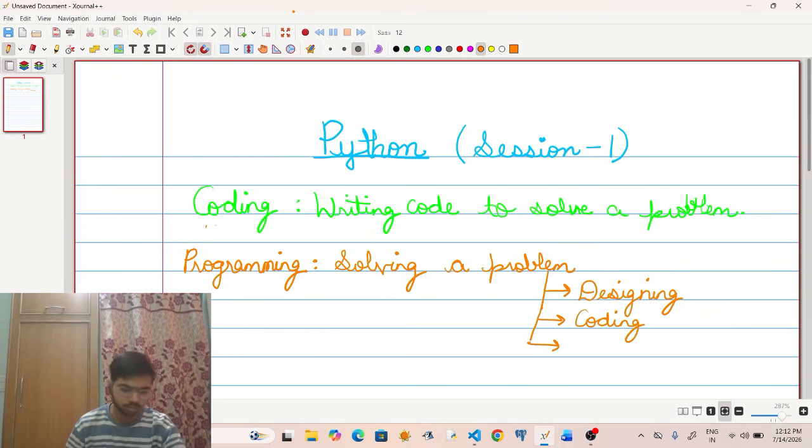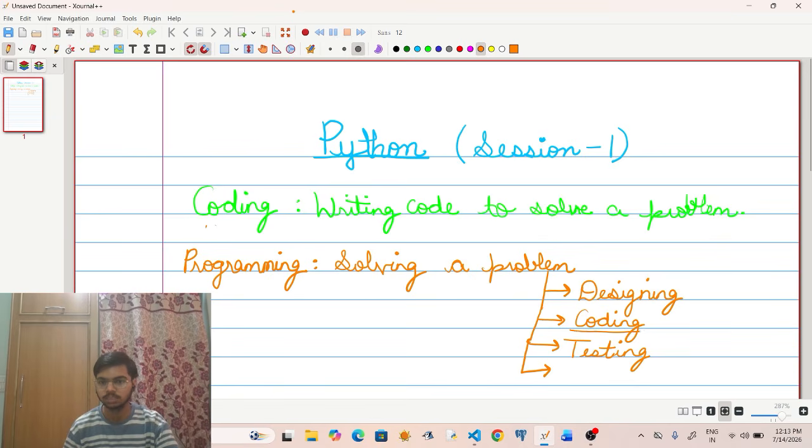Third step is testing the code, whether it works properly or not. Fourth one is maintaining the software. See, we are writing this code. This coding process is basically writing the code. But why do we code? To make a software. So after testing, when we deploy a software to solve a problem, now we have to also maintain that software. So last process is maintaining the software.